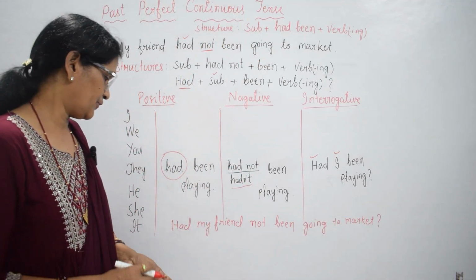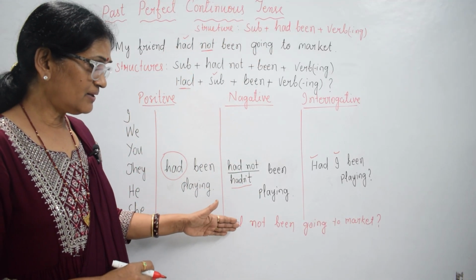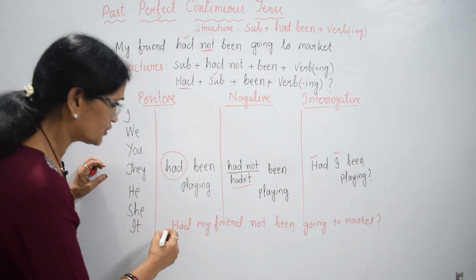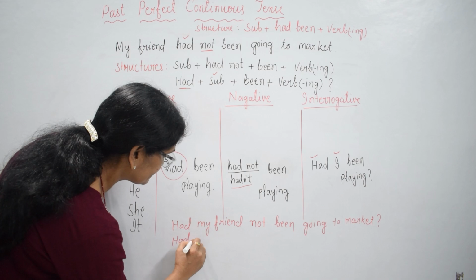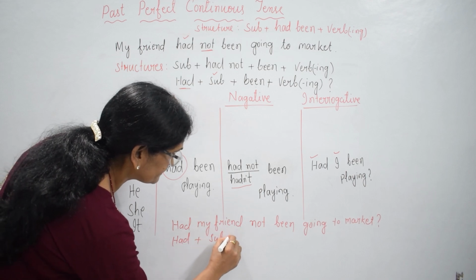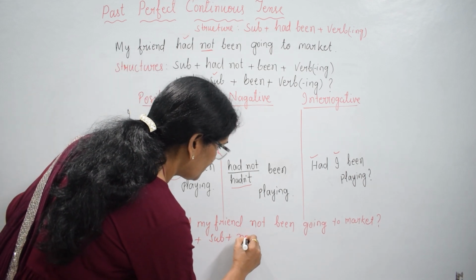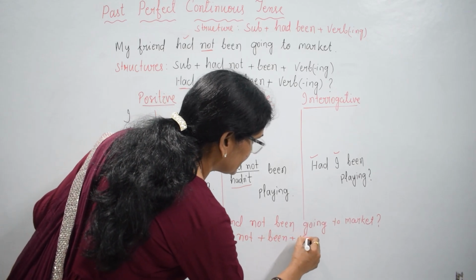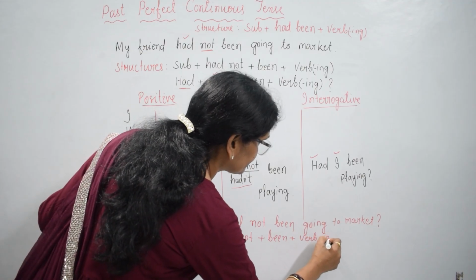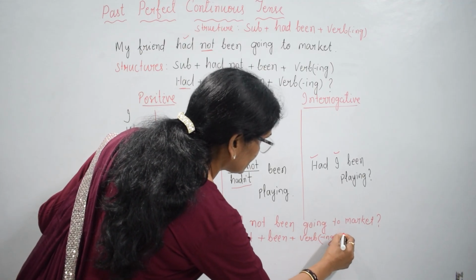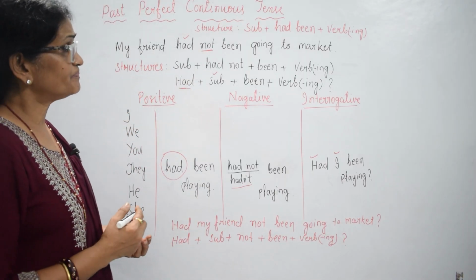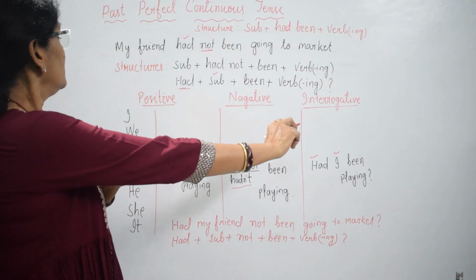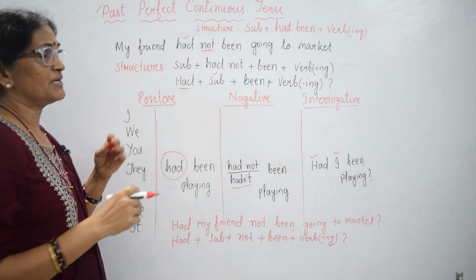This is negative interrogative. Had my friend not been going to market. Its structure: had plus subject plus not plus been plus verb-ing, then question mark. Okay. If you want to ask a question using a WH word and using this tense, past perfect continuous tense,